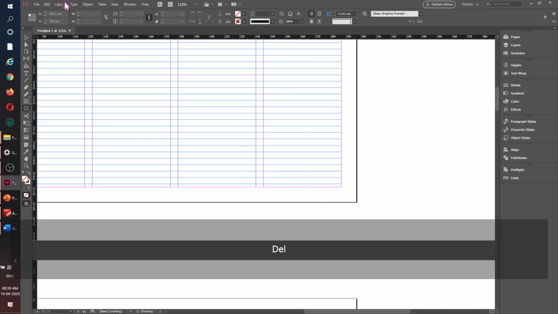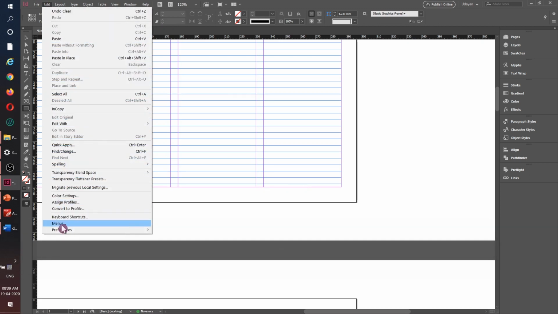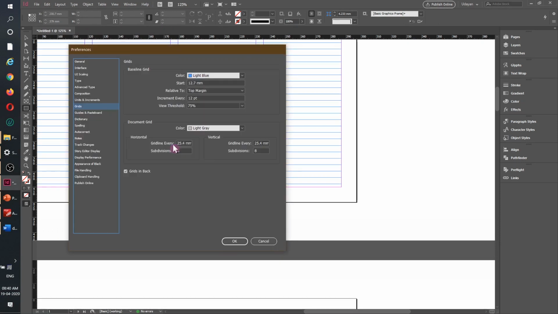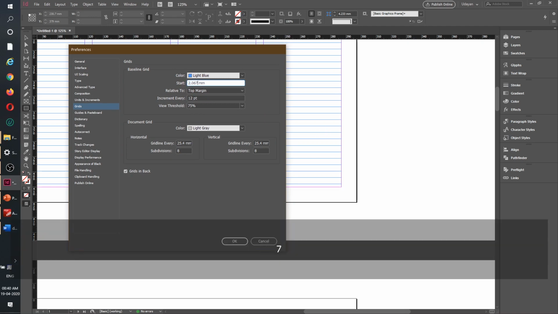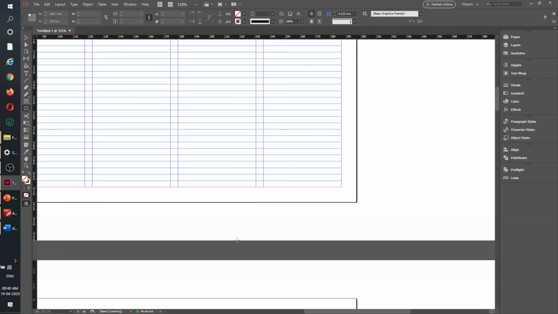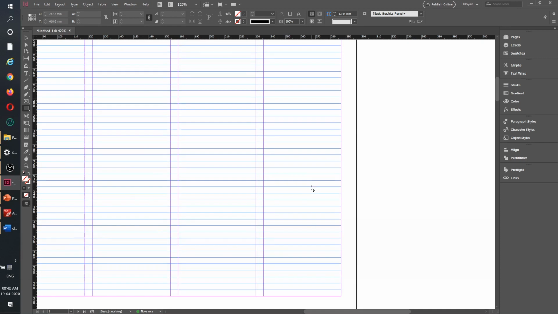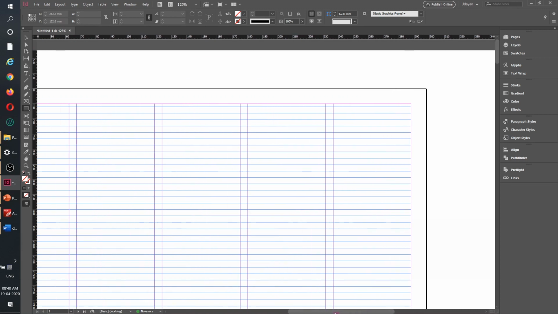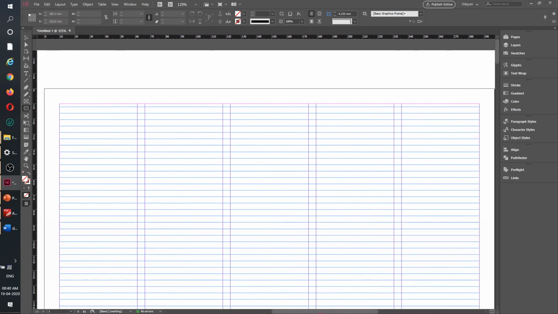And now we don't need it, I'll delete. I'll go back to my edit preferences. I know it is in the grids that we need to change, and this one we will push it down. We will say it should start not at 12 but 2.067, same number that we have got there, and hit OK. Immediately everything gets corrected. So our baseline is now ready to go. Okay, this is the only small trick that we will have to follow.